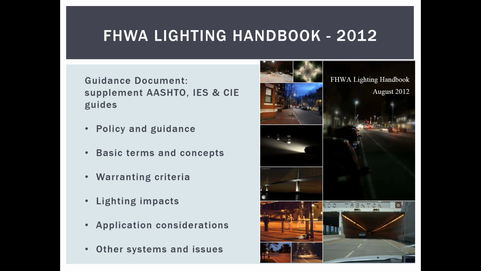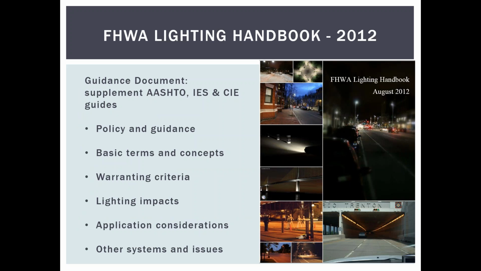Much of the information in this presentation is from the August 2012 FHWA Lighting Handbook. This handbook is an update to the 1978 FHWA Lighting Handbook as well as the 1983 addendum. It is meant to provide guidance to designers and state, city, and town officials concerning the application of roadway lighting. Supplementing and referring to other resources developed by AASHTO, IES, and the CIE, this document contains information on policy and